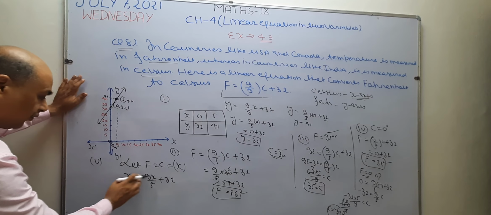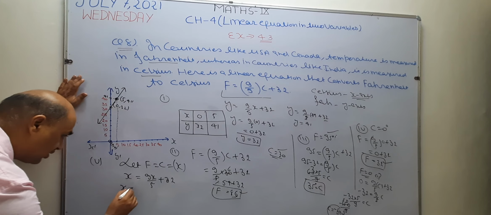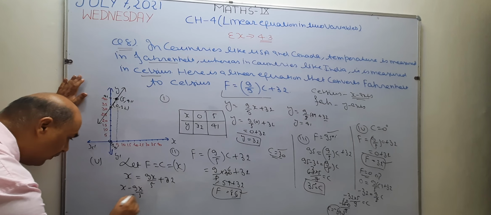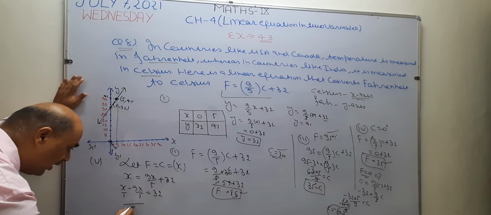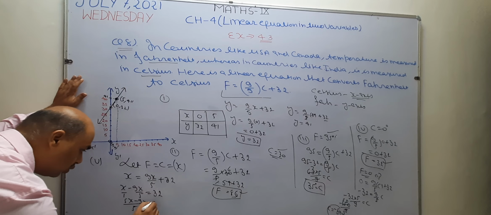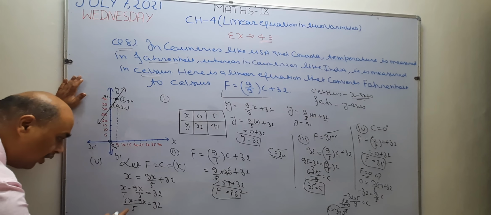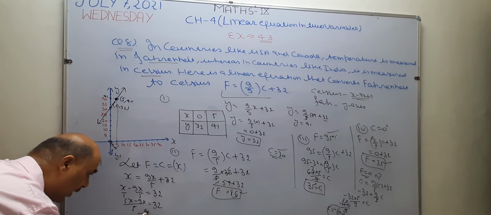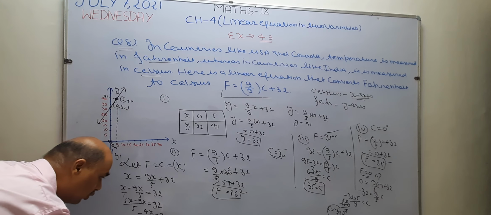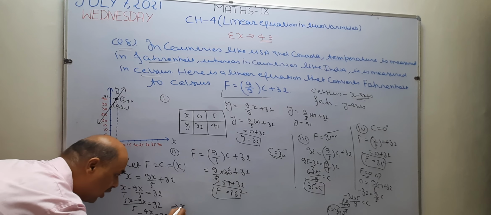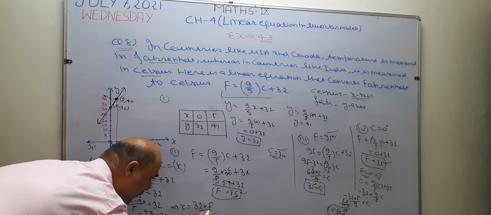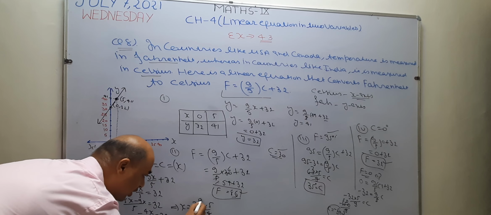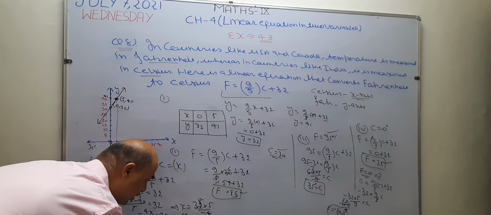I take this term from right to left. So this becomes X minus 9X upon 5 equal to 32. Take LCM. LCM of 5 and 1 is 5. 5 into X, 5X minus 9X equal to 32. Okay. Now this becomes minus 4X upon 5 equal to 32. So this implies the value of X becomes 32 into reciprocal, 5 upon minus 4. 4 8s are 32. So X becomes minus 40.